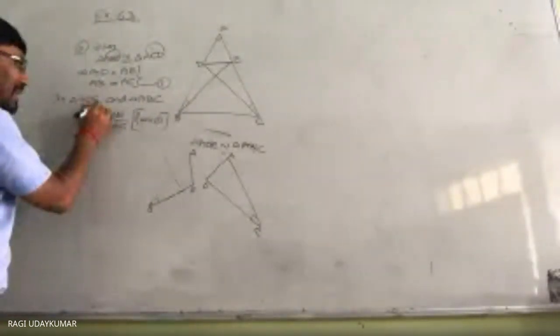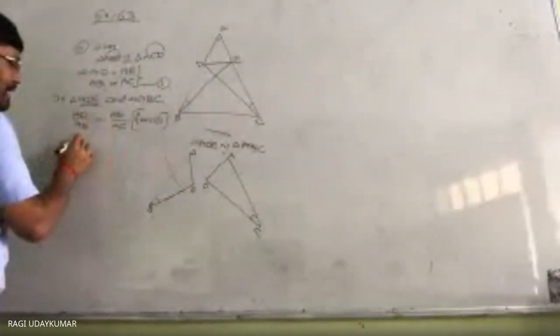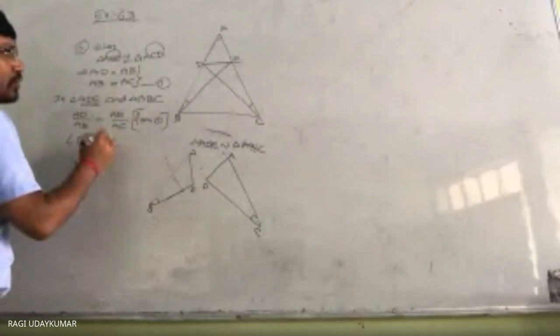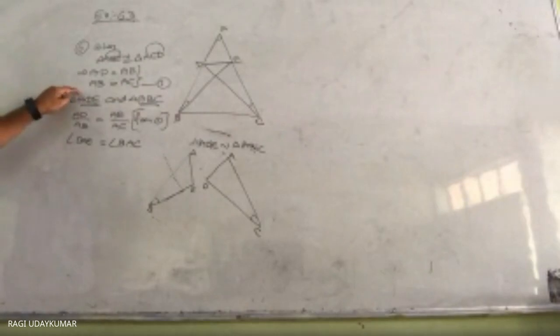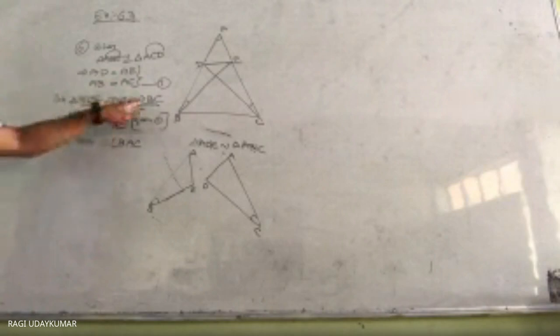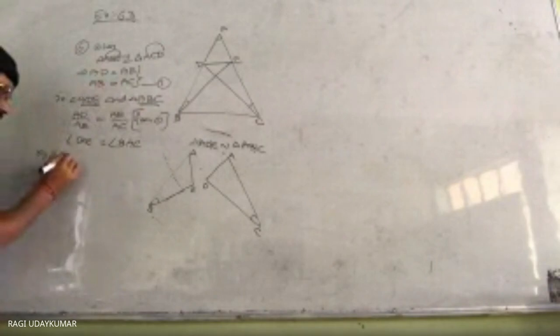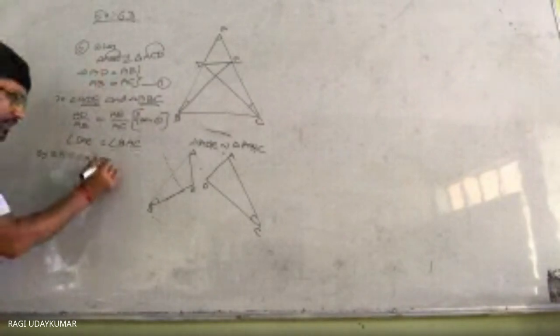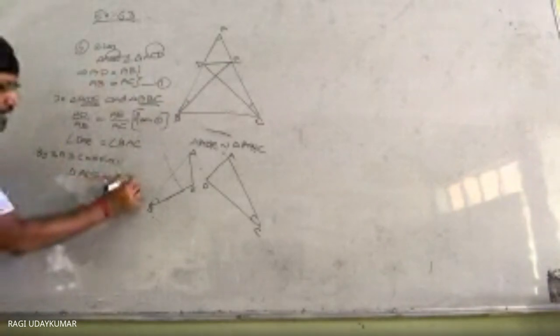And in this triangle, angle क्या है? Angle DAE is equal to angle BAC, ये ट्रायंगल में एंगल BAC. Here AD in this triangle, AB in this triangle, AE in this triangle and AC in this triangle. So corresponding sides हैं ना. Therefore by SAS criterion, triangle ADE is similar to triangle ABC.